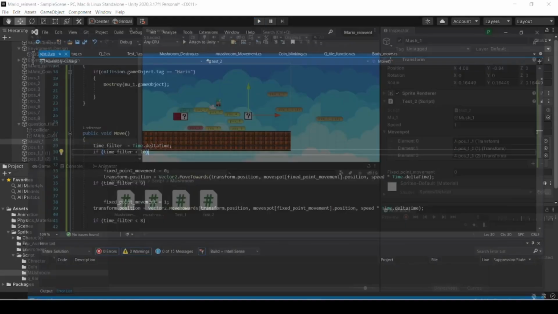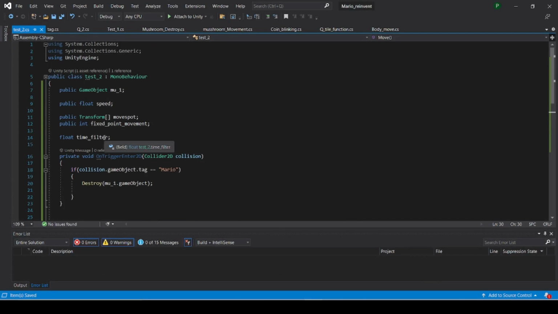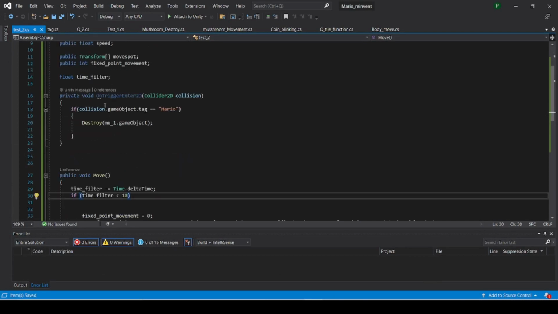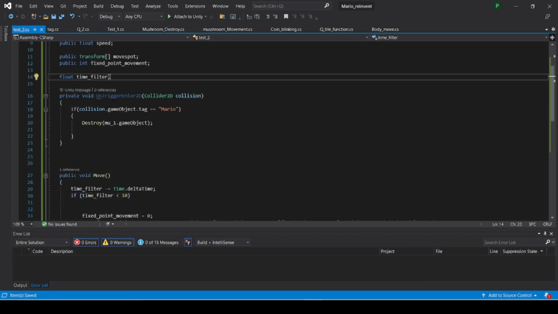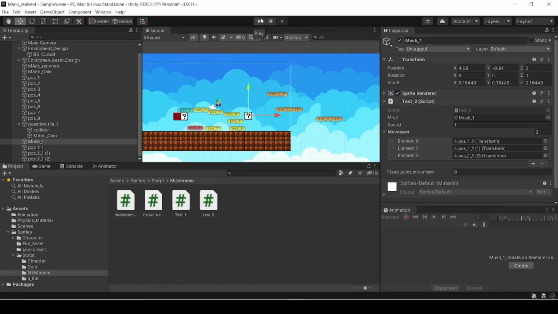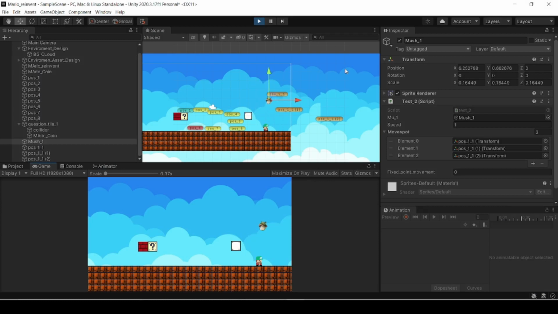So for that, if you face any type of condition, you need to just fix this. We need to put this float into 10. Oh, so I'm going to make it 15 because our float time will work very fast. So now let's check this with this. Now it's working fine. As you see, whenever I move this, it looks like this. You have to adjust your time according to your game factors.